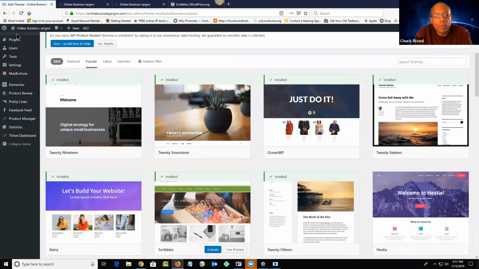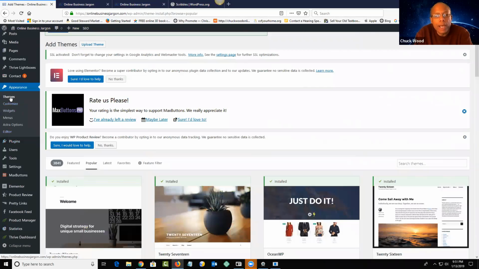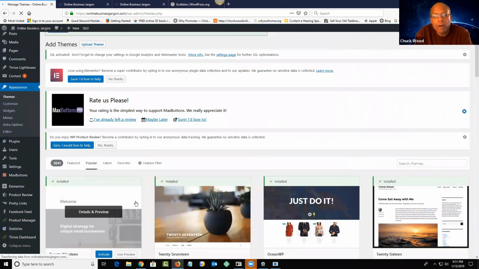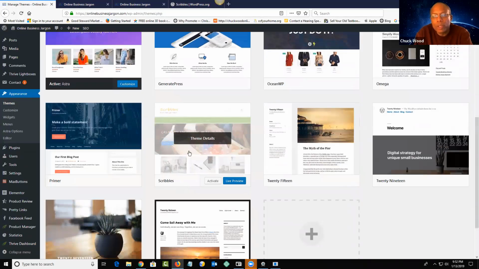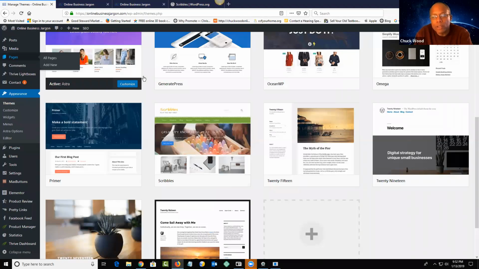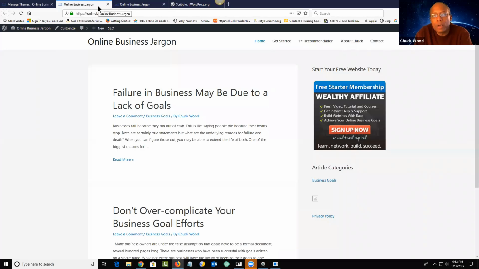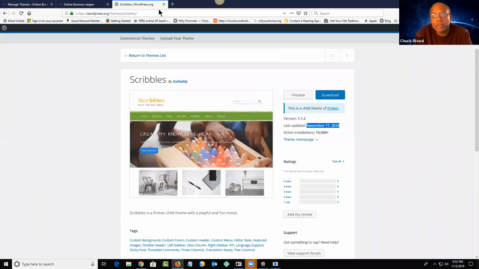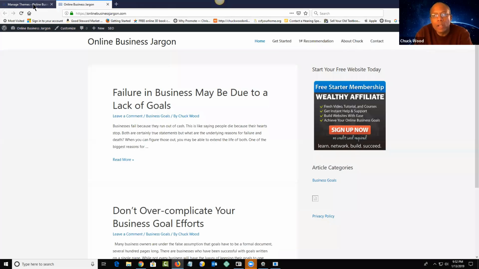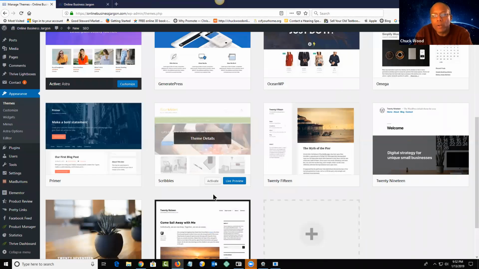So now it's installed on my site, and we can activate it there, but we can go back to the page that we have our themes that are installed. And if you click on themes again, that one should be there now. Okay, if I scroll up, you can see these are all the themes I had, and this one is there. And so just like we did earlier when we activated this theme, we just do the same thing. So currently, this is what our theme looks like. And so we're going to close this one because I know we're not using that. And this is the one that we installed and activated. So now if I go ahead and say activate,